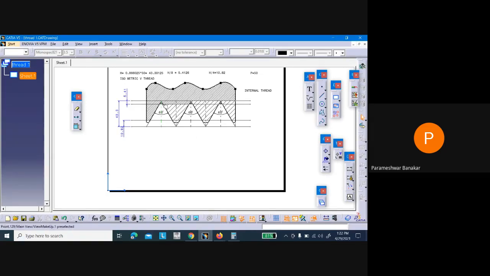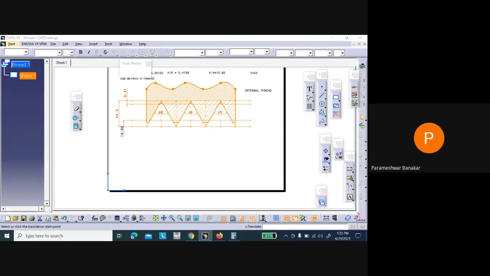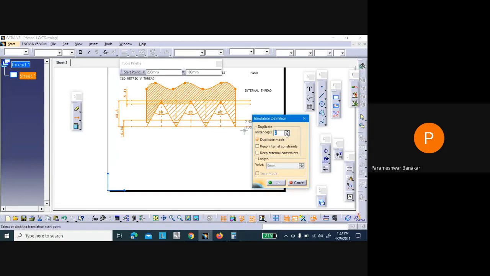So what we can do, you can copy the same thing here below. Just select this and go to translate once again. Then just go with 1 instance.